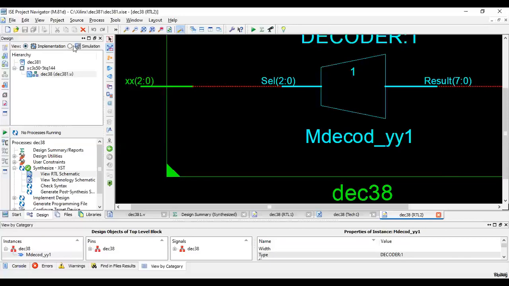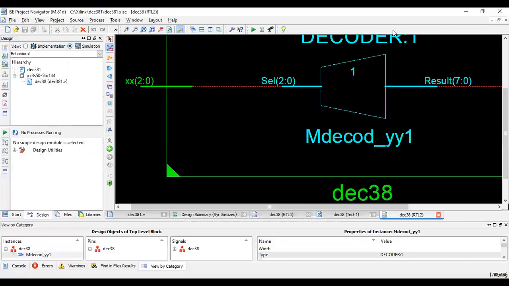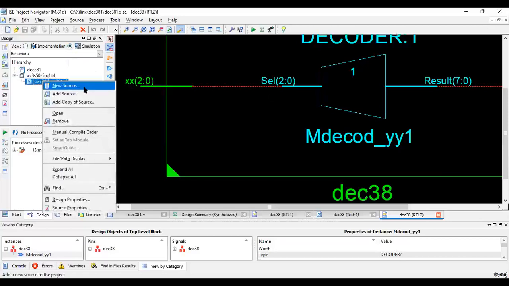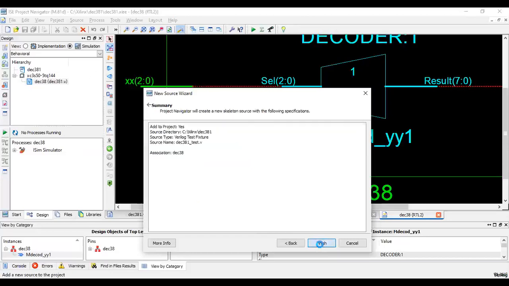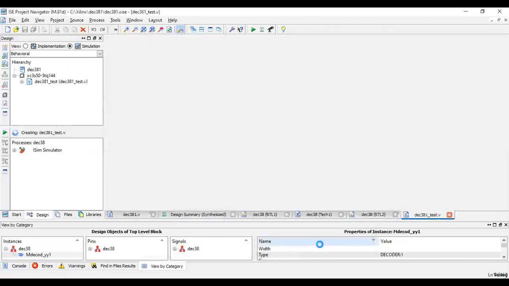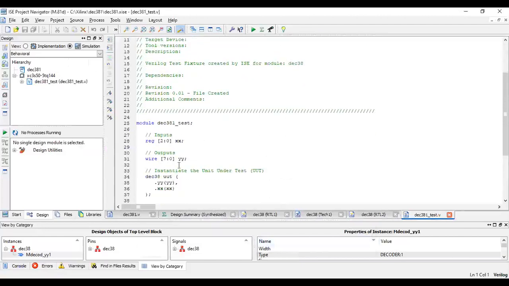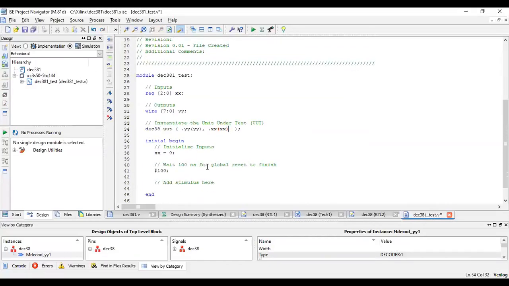So the next thing is we will write the test bench. So that is the simulation part. This was the implementation part of the architecture. Now simulation: new source, new test fixture. So you can write decoder 3 to 8 underscore test. The name of the module can be anything of your choice. So you've got this. Input is there. It is already instantiated, but you should know how this is instantiated. Since this is the tool, it will give you the instantiated thing. Without instantiation, you will not get an output. So I will remove this.